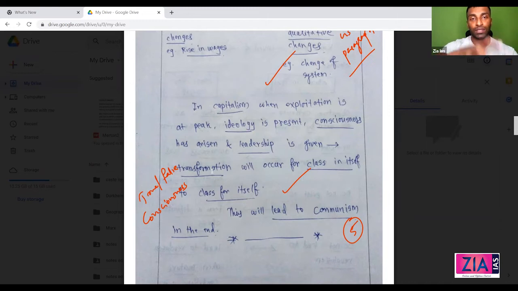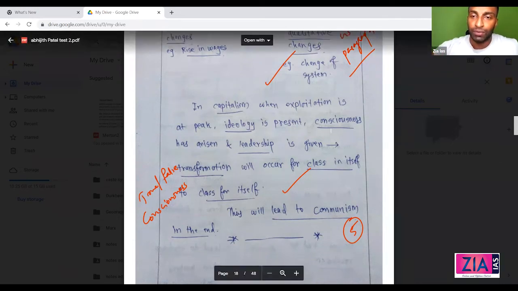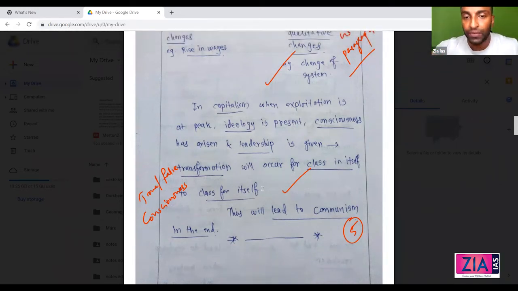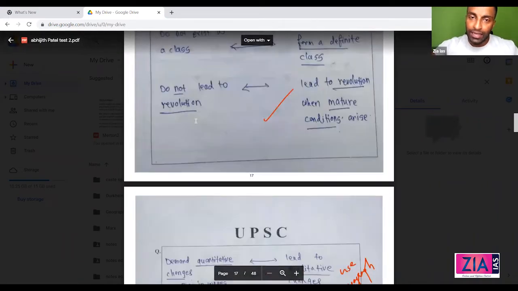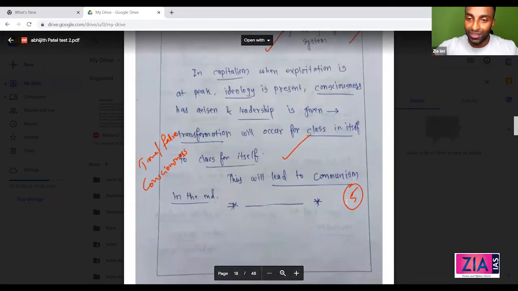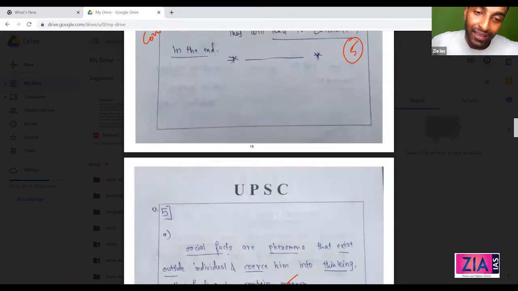How class in itself is transforming to class for itself. They're not asking you the difference between class in itself and class for itself. Okay, sir. You have to mention what is true consciousness, false consciousness, and everything has to be there in your answer. Consciousness is mentioned, but what consciousness? He's specifically talking about that. Just because the content is there, and I don't want to disappoint you, I've given this 5 marks. Otherwise,